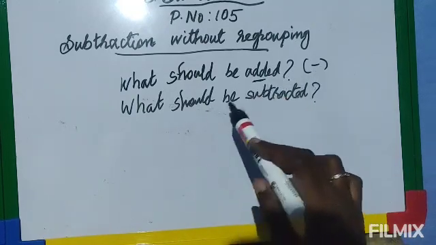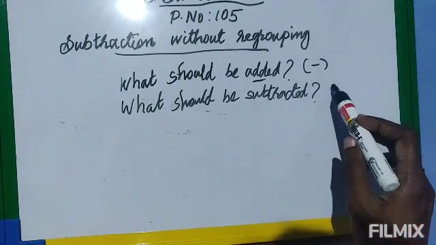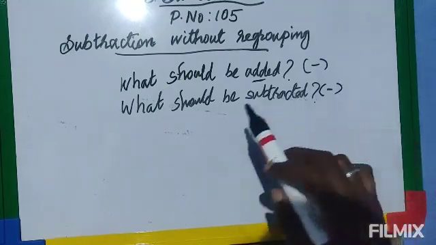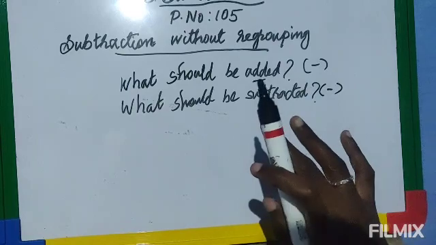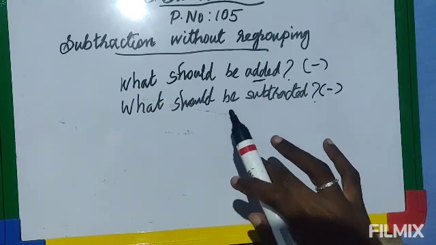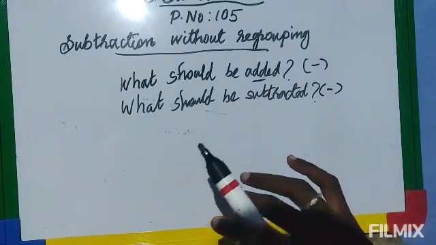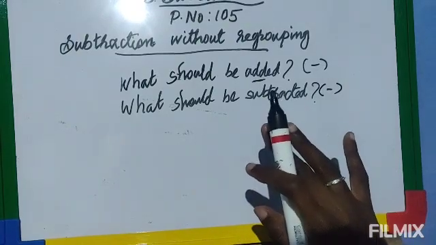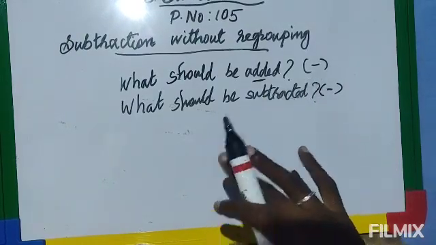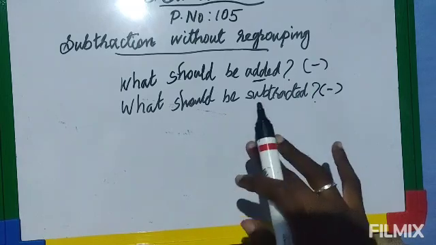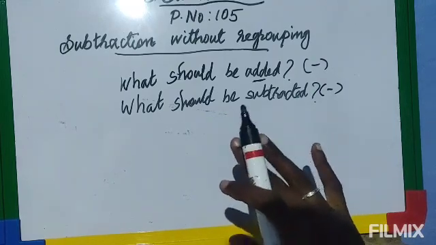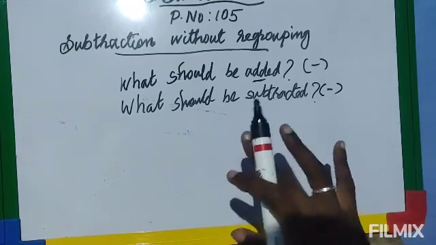Again same thing, "what should be subtracted." So in this case also you have to minus. So in problems I used to give some keywords, okay. Here in your book it is given chapter wise. So in the addition chapter, addition problems will be there, in the subtraction chapter, subtraction problems will be there, and multiplication and division chapters, their own problems will be there.